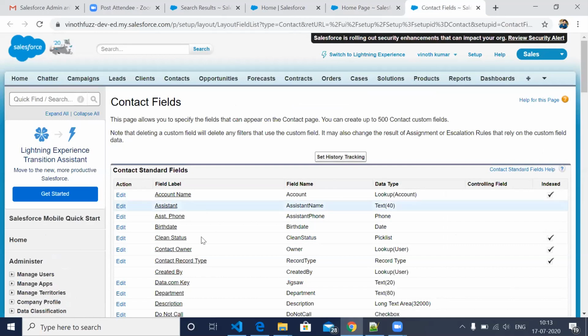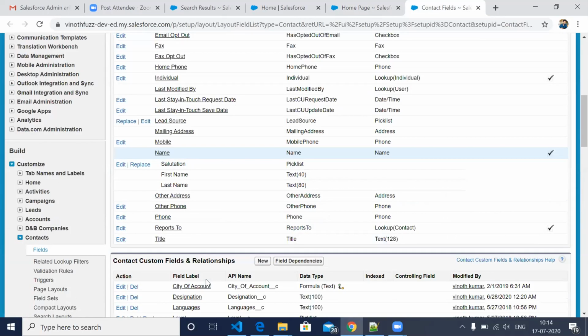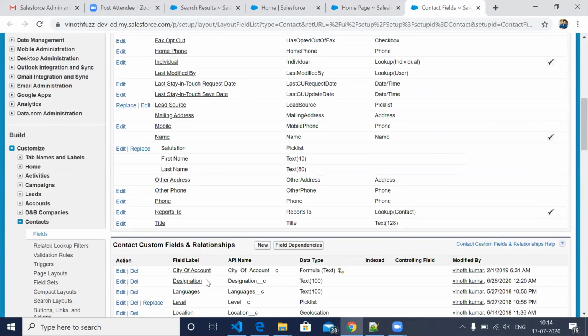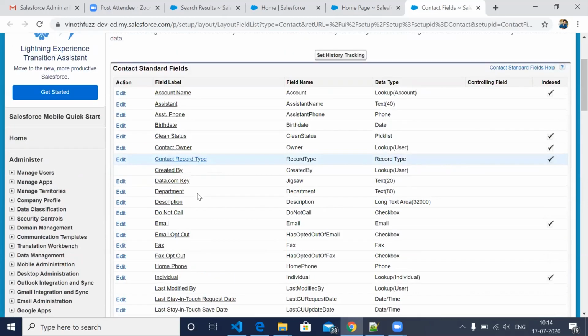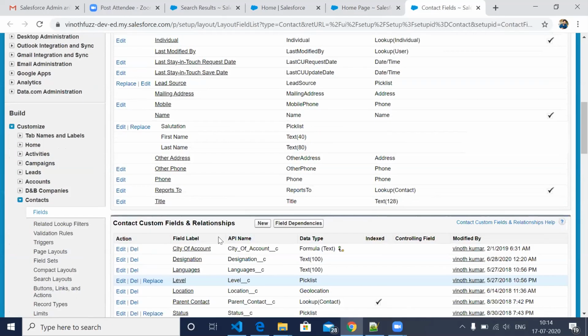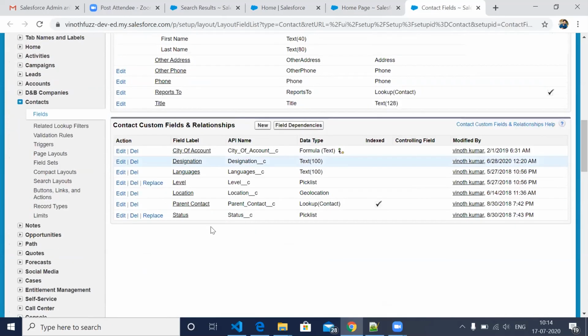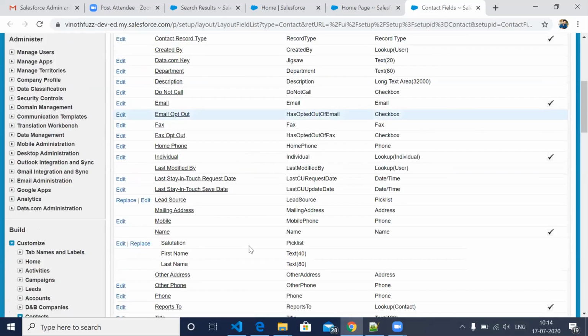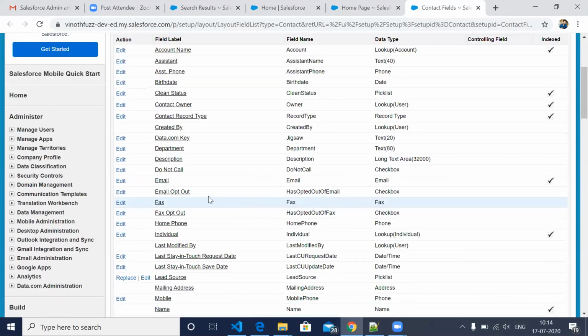Here we have these many columns. These are the standard columns, standard fields. These are the custom fields, which I have created. Everything else Salesforce created already.